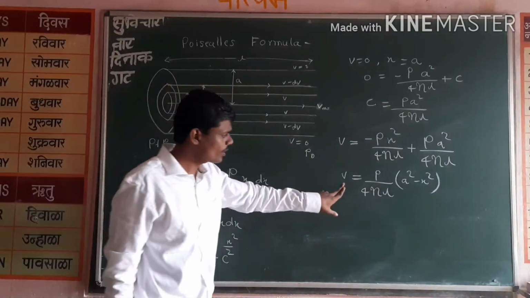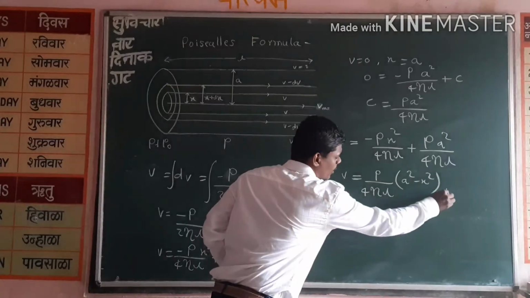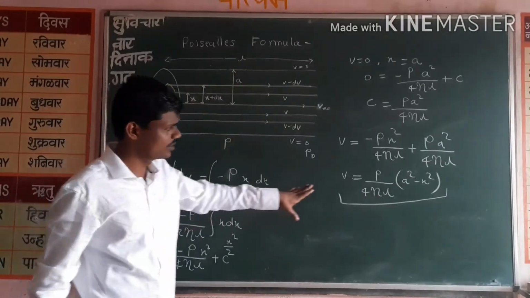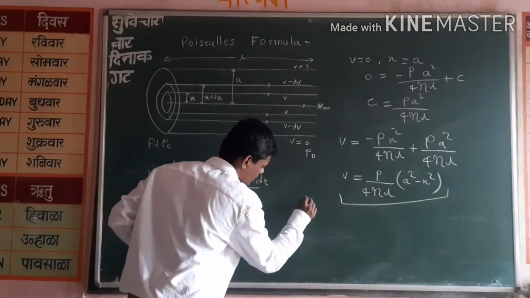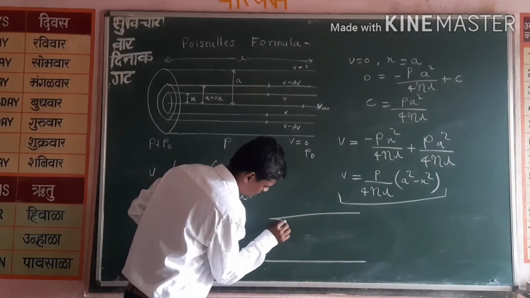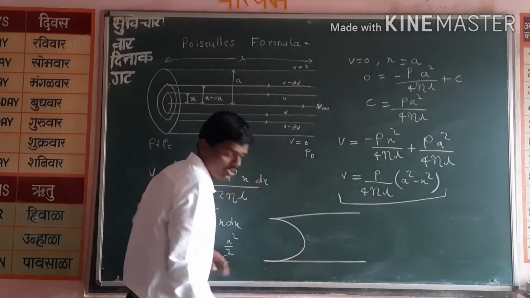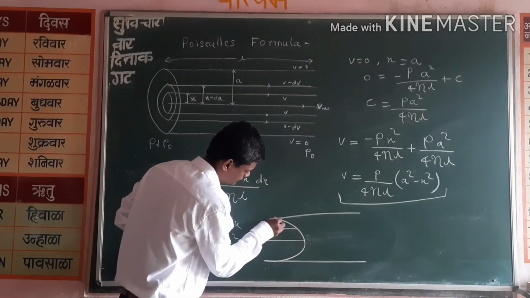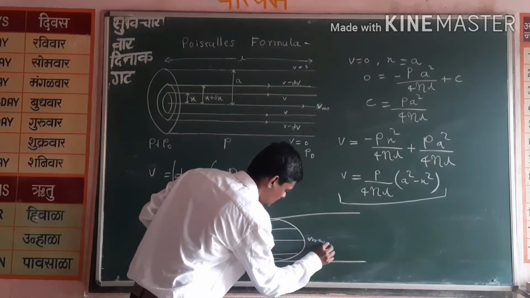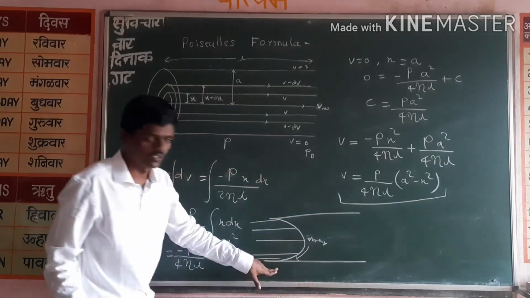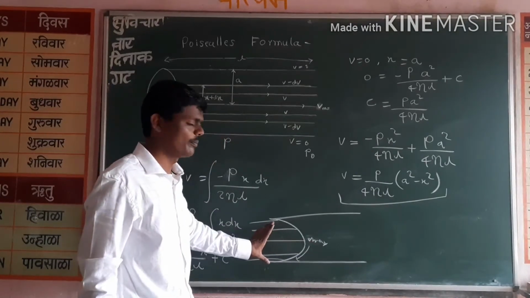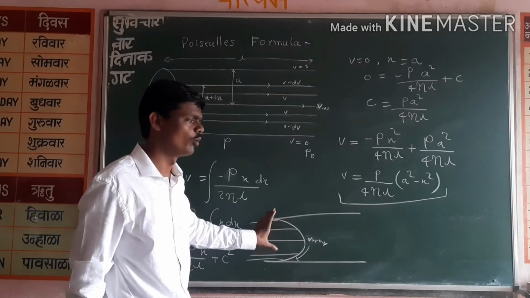Okay, now we know this is the equation of a parabola. So this equation is showing parabolic nature. That means if you consider a capillary like this, the liquid flowing has a parabolic nature, like this. So it is maximum velocity, V max. Velocity decreases as we go toward the surface of contact. Since this is a parabolic equation, it shows the flow in a capillary is parabolic in nature.